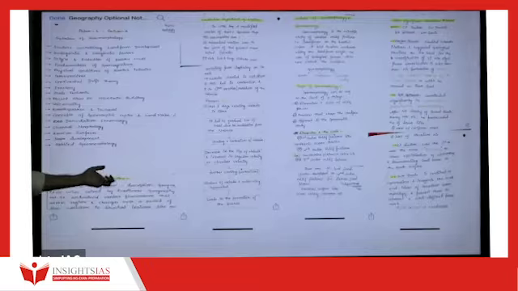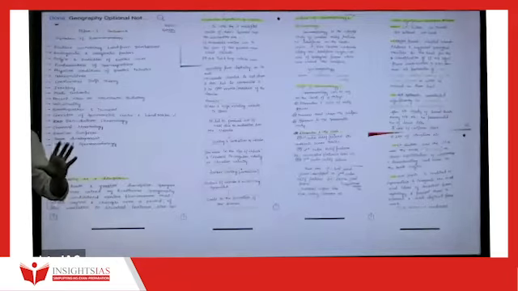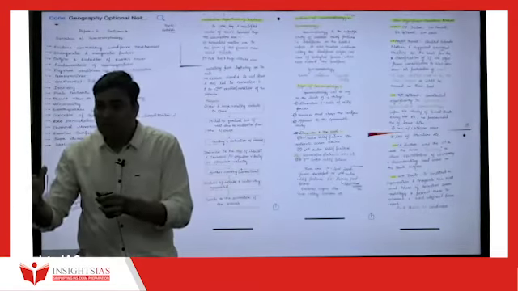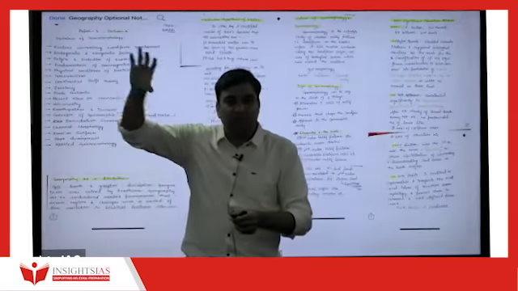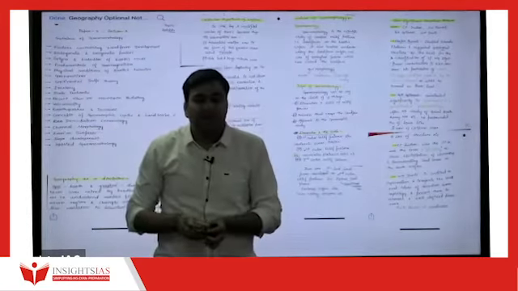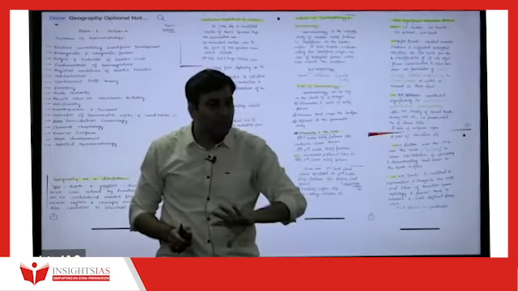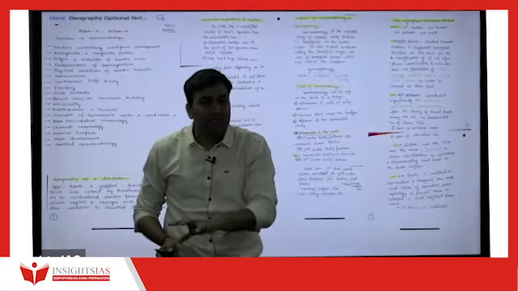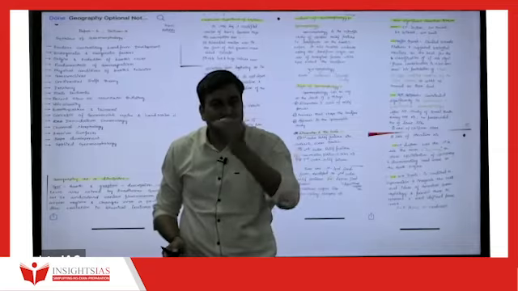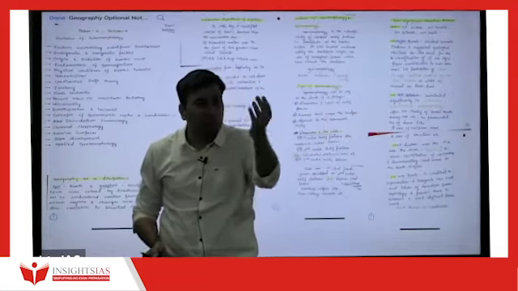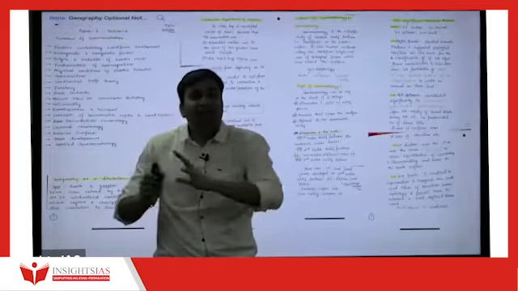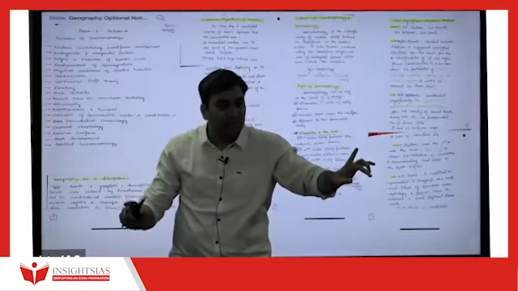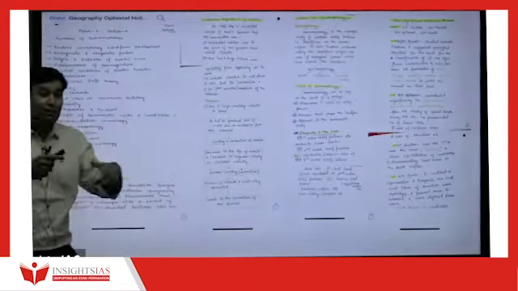Why is geography a discipline? What is the meaning of geography? Geography means the study of space and time. Study of space means what? Area, and time means with respect to the evolution of the geological time scale. For example, we generally compare North India as plain area, South India as plateau area. People staying in North India have different habits, South India is different. Exactly like that, you have to study the people, culture, everything of North America, South America, Europe, Africa, then Australia. That belongs essentially to population, settlement geography and culture geography. That is also linked to each other. Getting the point? We will do that in paper part B.